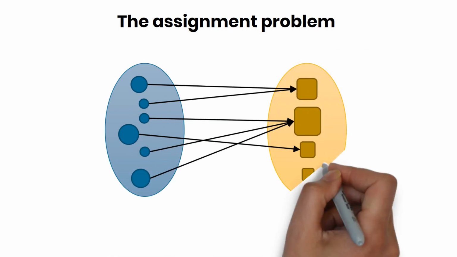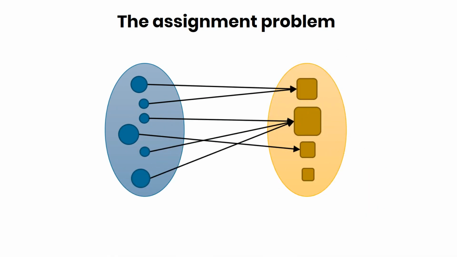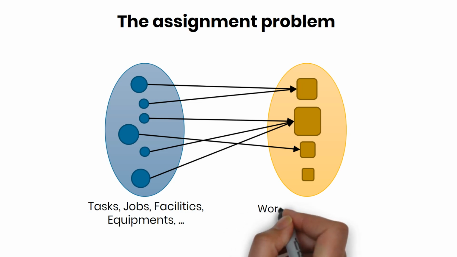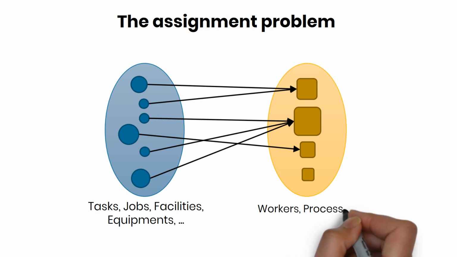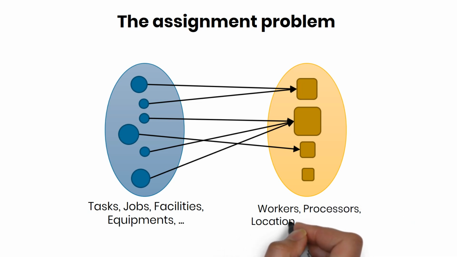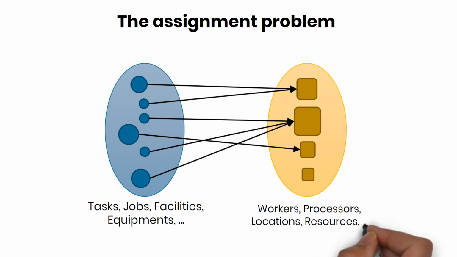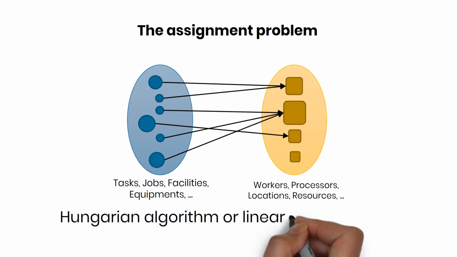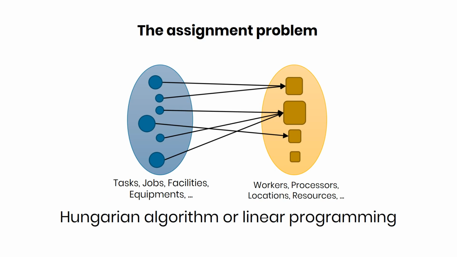The assignment problem focuses on assigning tasks, jobs, or resources to agents, machines, or locations in the most efficient way. A common example is assigning employees to tasks or jobs to minimize total cost or maximize efficiency. The formulation involves defining decision variables that indicate whether a specific task is assigned to a specific agent. The constraints ensure that each task is assigned to exactly one agent and vice versa. Solving this problem typically involves using the Hungarian algorithm or linear programming to find the optimal assignment that minimizes total